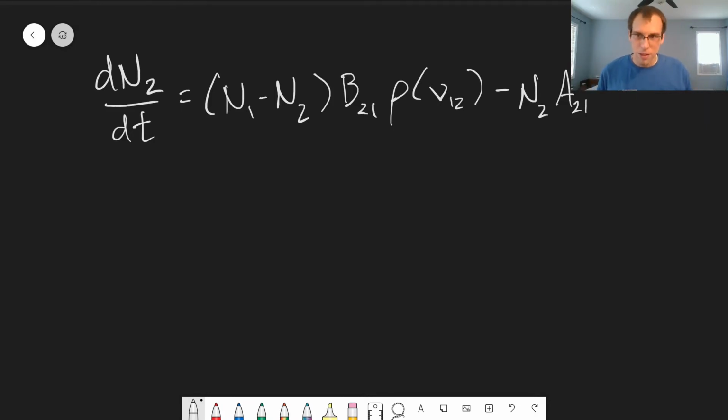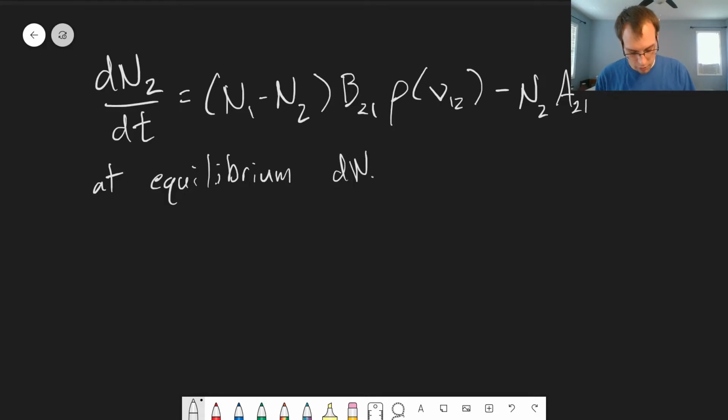So at equilibrium, once we shine light on, we eventually reach an equilibrium, and we'll get no net change of the number of molecules in state 2. So at equilibrium, this rate of change will go to 0. One thing that's interesting about that is it lets us solve for the relationship between B21 and A21. That's not particularly relevant for us right now. The equation is in my notes that are posted. But the key part for us is thinking about what's happening at equilibrium in terms of the relative populations,